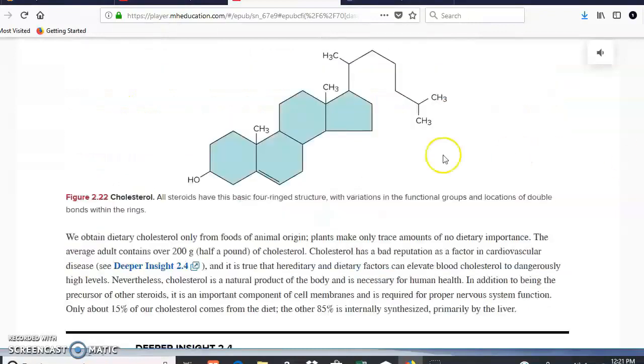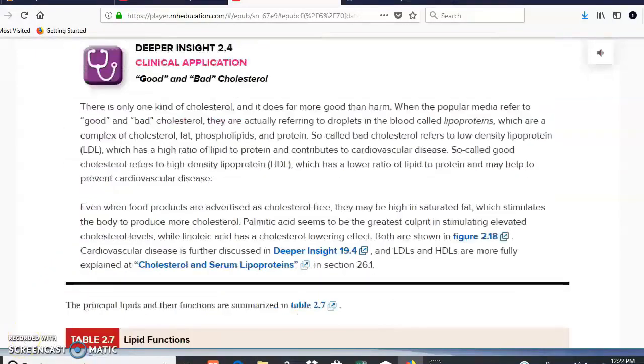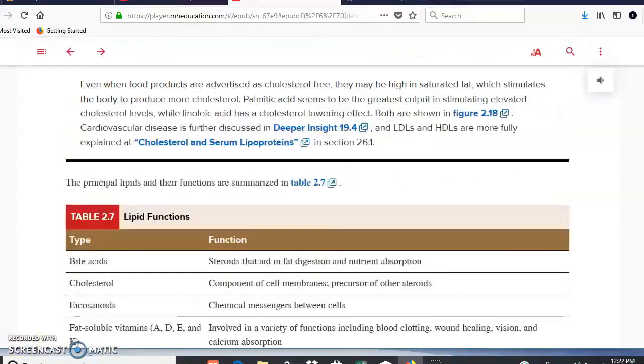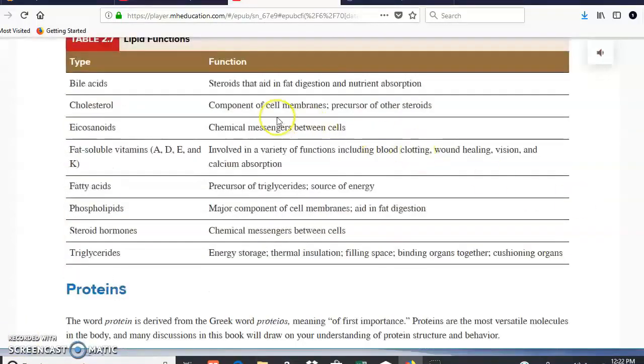Steroid. We have in here a steroid. The most important one is cholesterol. What's the characteristic of cholesterol? That it is going to have rings. Cholesterol is very important in our body because from cholesterol you're going to get hormones, for example, testosterone and estrogens. Okay, and from triglycerides you can get functions such as energy storage, as you can see right here.